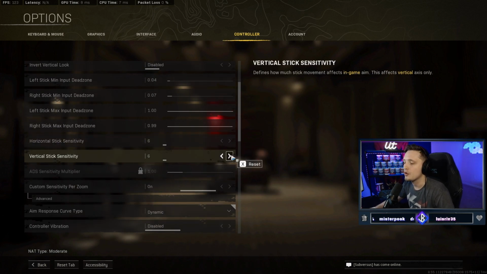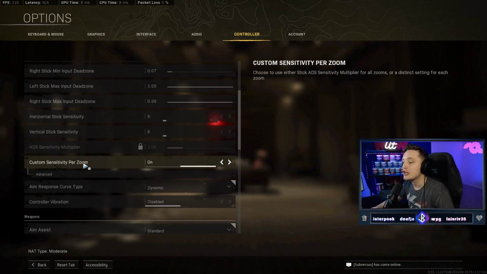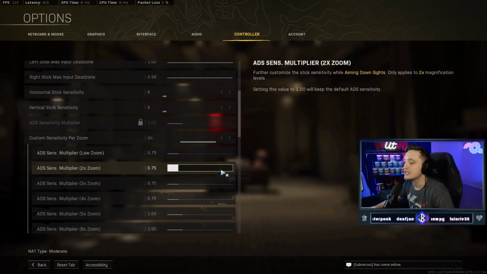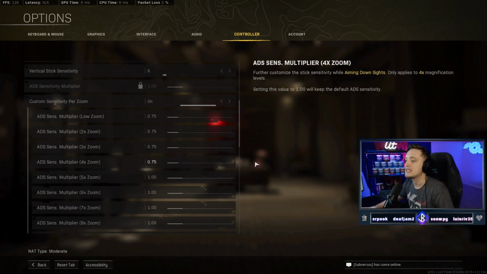I just think for controller, you'll see even a lot of pros swear by 6.6. I swear by 6.6. It feels very, very good. I use a custom sensitivity per zoom. You guys can take a look at this and screenshot if you would like. I like the 0.75